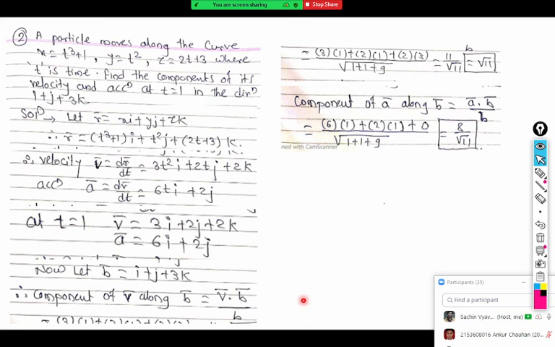So that means two projections were taken, one with a and one with v? No. We took a projection of v bar on the vector b bar, and we took a projection of acceleration on b bar. See, read the question completely. Find the component of its velocity and acceleration. We have to find the component of velocity and acceleration in this direction. That is straightforward. So read it carefully.